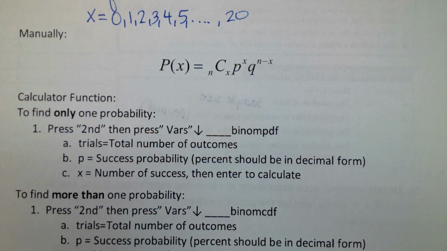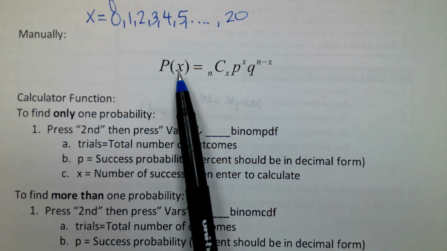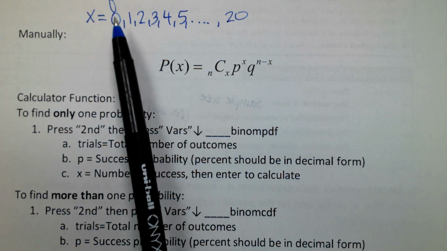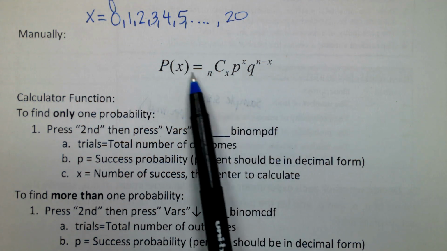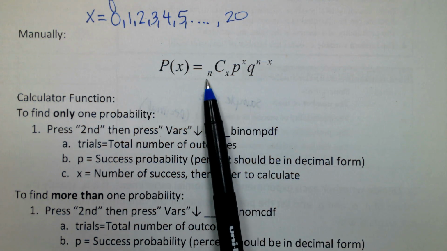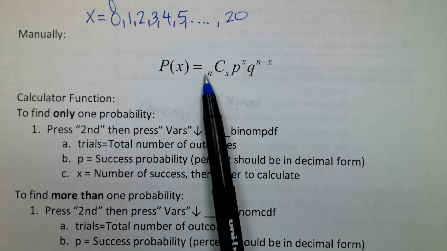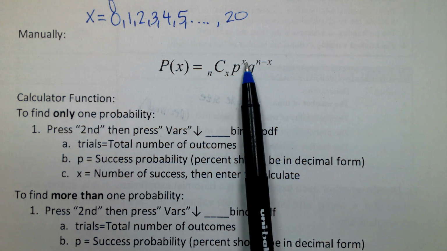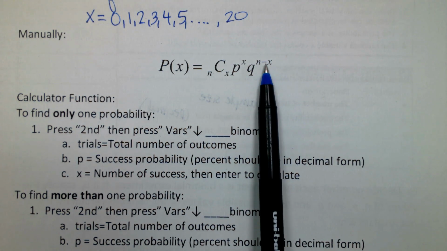Alright, so manually, if you like to work these problems out in a way that's logical for you, here's the way that you work it out manually. Your P of X will be your success. Remember, that's a 0, 1, 2, 3, all the way to your N. So if we have P of X manually, we're going to find out ways that you can get success from there. So it's going to be NCX. It's a combination of N, your sample size, what are you picking, the probability of you picking that success, and then how many failures do you have, so what's left over. We're going to work it out. It's going to make sense. The next part,